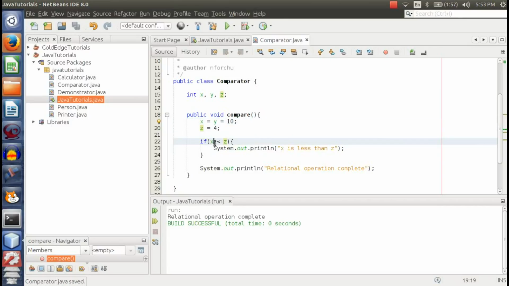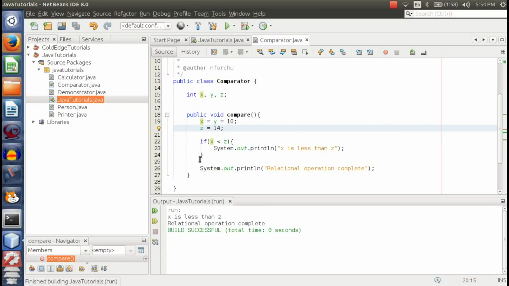Is the value of x, which is 10, less than the value of z, which is 4? The answer is no. So this will still evaluate to false, and this block of code will not get into the if statement here. And you see that now if we change that to maybe 14 and run it again, since 10 is less than 14, we have this part of the code